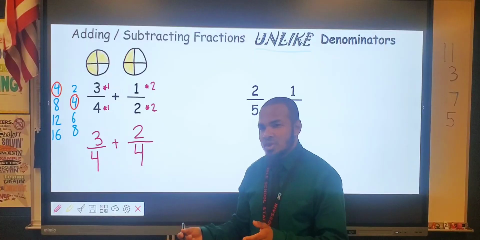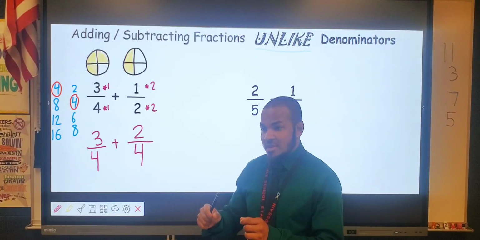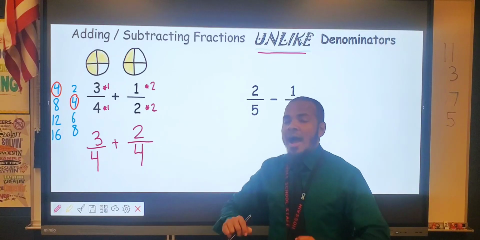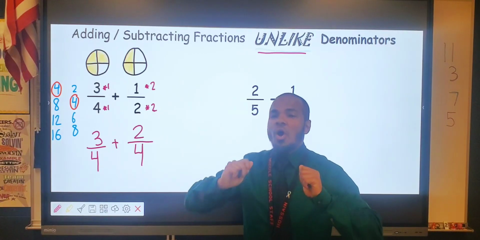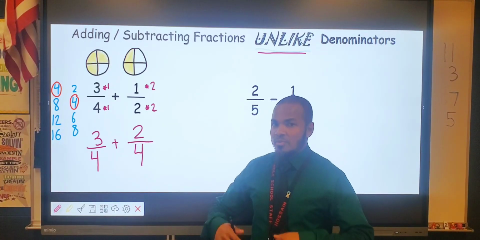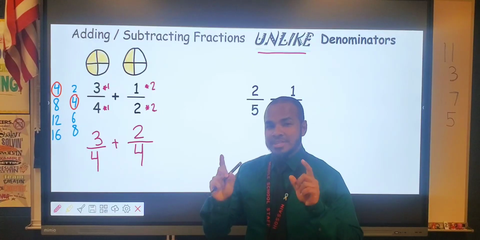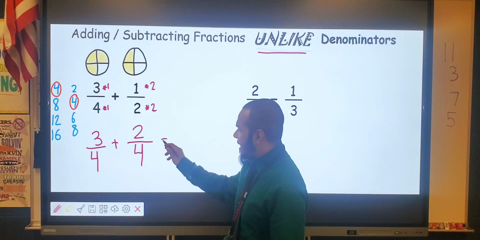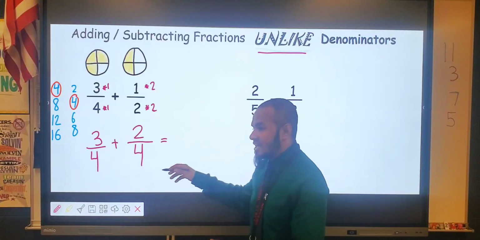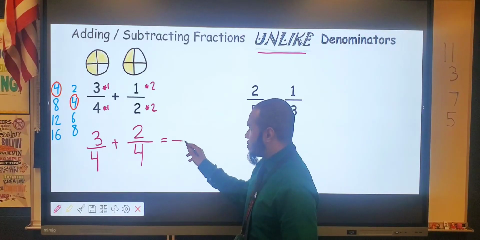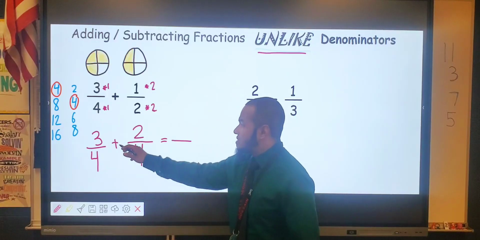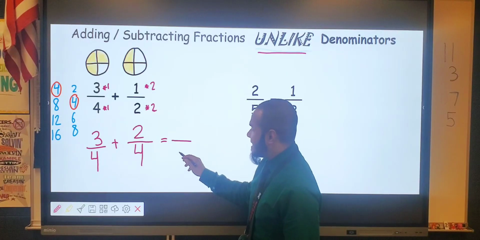So that's the strategy. How do you add and subtract fractions when the denominators are unlike? You have to make sure the denominators are the same. And so that requires you to multiply both the top and bottom by the same number. And now we just go ahead and add. The denominator stays the same. You could just write 4, or what you could say is 3/4 plus 2/4 is equal to